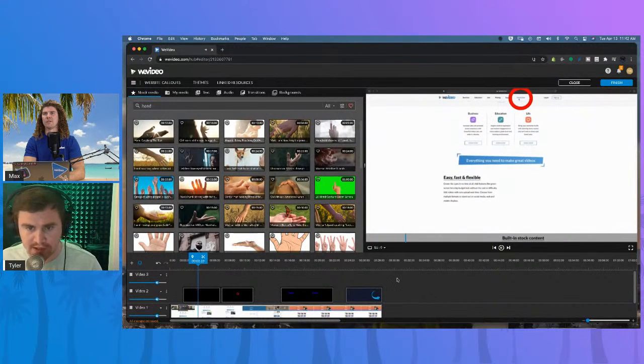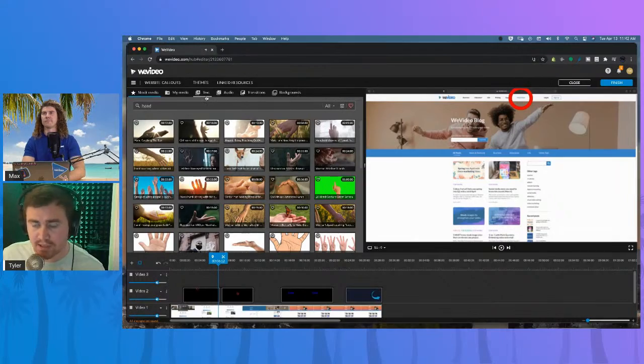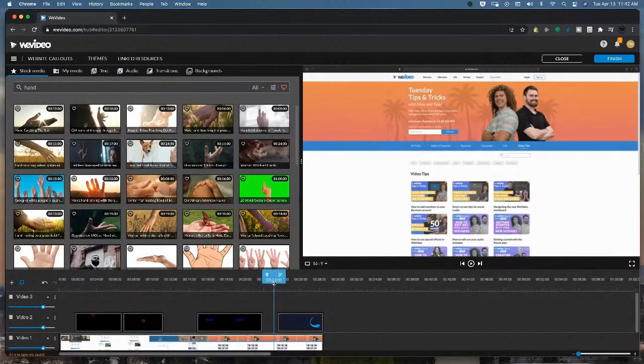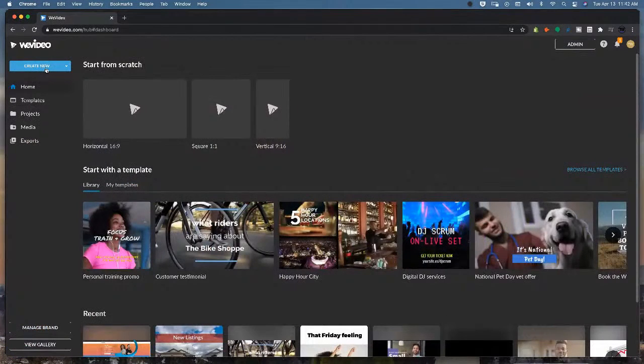Cool. So let's go ahead and take this to the next level. We'll go to our exports tab and then make some nice animations and maybe add some voiceover and really bring this tutorial to life. So I'm going to save this, go back into my dashboard, and we create a new